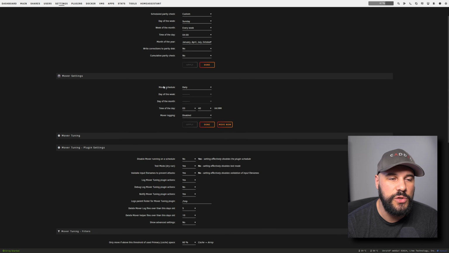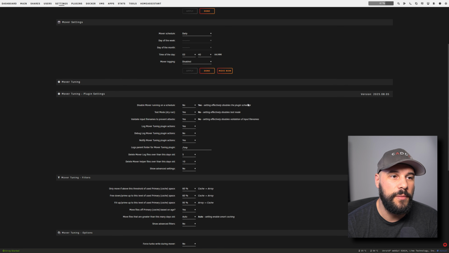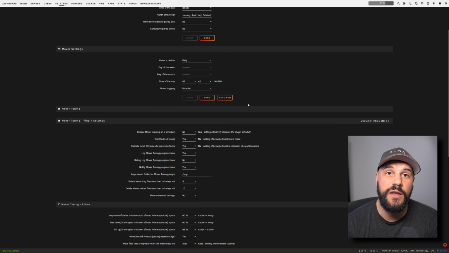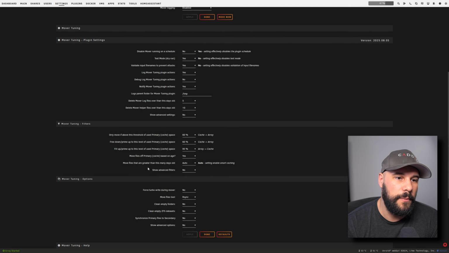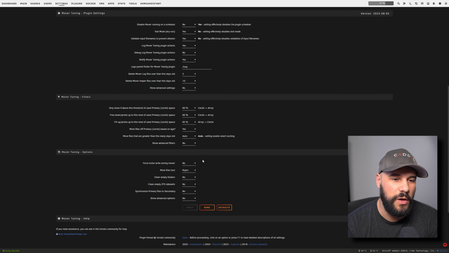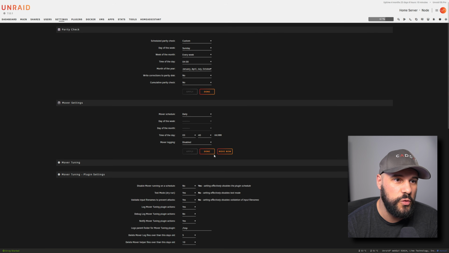I have it set to run daily at about 3:40 in the morning, at a time where I'm typically not using my server whatsoever. I have it set so that when the cache is at 60%, it'll help move all that kind of stuff over. You can set all these things to whatever you want. I did change a bunch of the defaults, but this tool really does help me manage my cache drive,